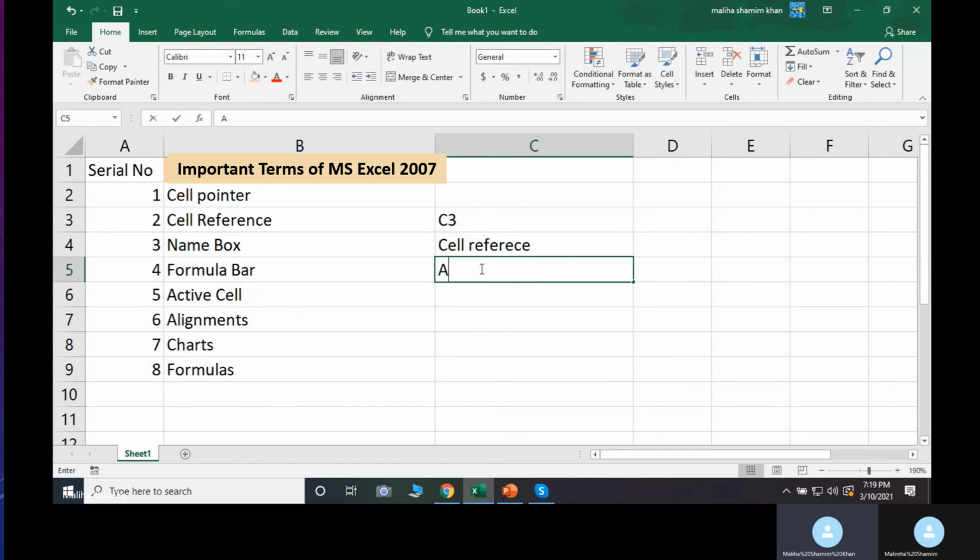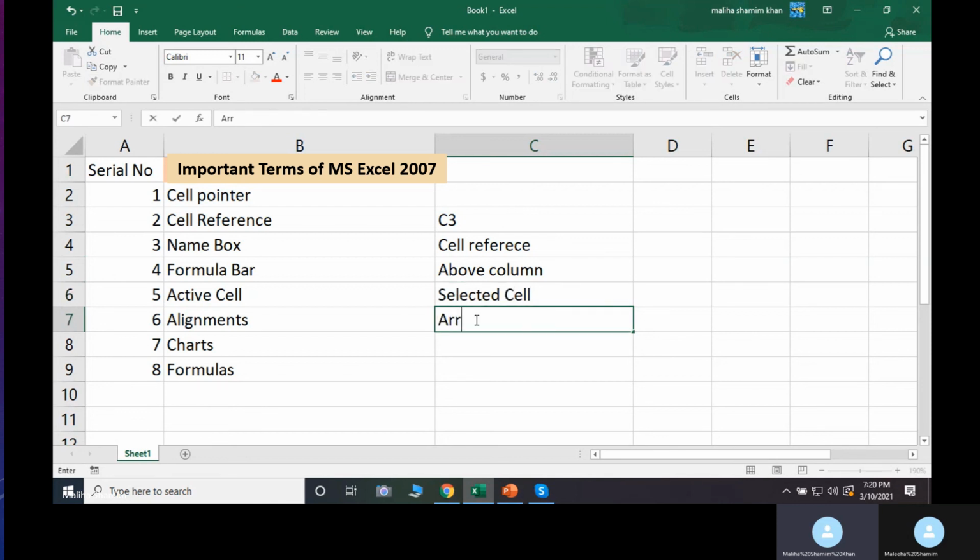Formula bar, that is above the column, we have discussed this. Active cell. What is an active cell? The current cell. For example, I am working on this cell which is surrounded by a green bold border. This is an active cell. You can say the selected cell is called an active cell.